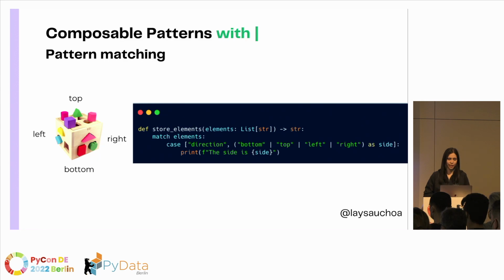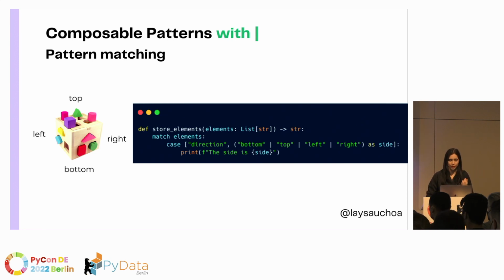This is another thing that I found really cool. It's called composable patterns. So you can think about it like a matryoshka. You can have a doll inside a doll inside a doll inside a doll. So you can have a pattern inside a pattern inside a pattern inside a pattern. And it can get more complicated, you already see that we are going toward more complicated ways. So you can combine composable patterns with guards and with things that we already saw.